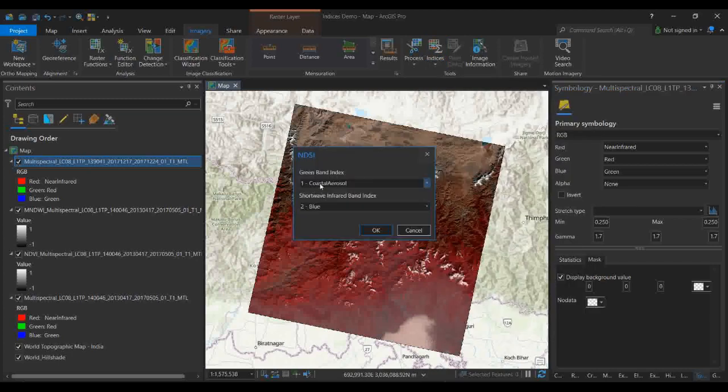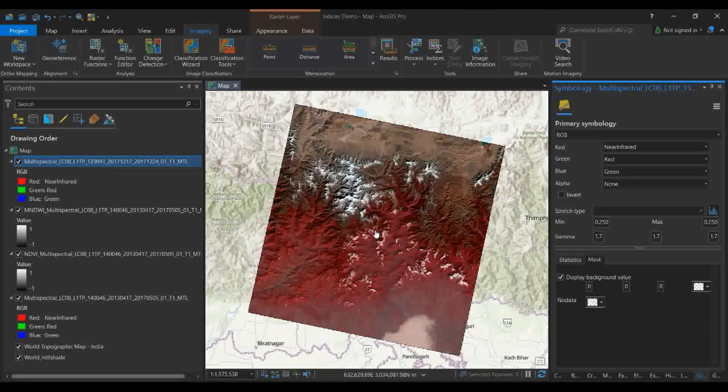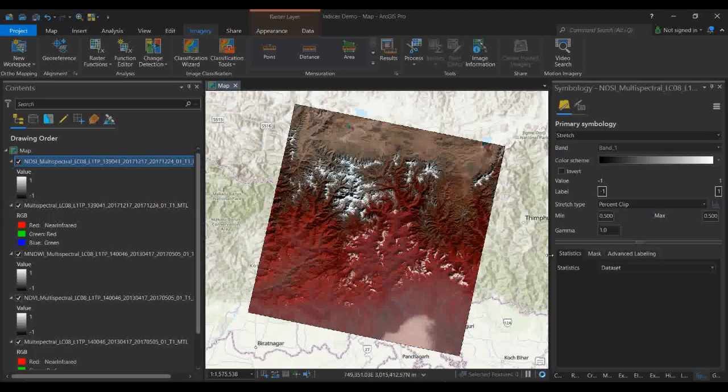Once you click the NDSI, it is also asking you to select the bands, so you can select the bands accordingly. I just select this green band, and here also I am selecting the short wave infrared band. Now click OK. Once you click OK, you see the new image which will come.